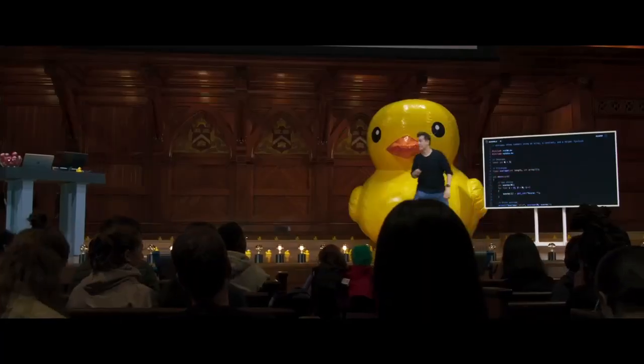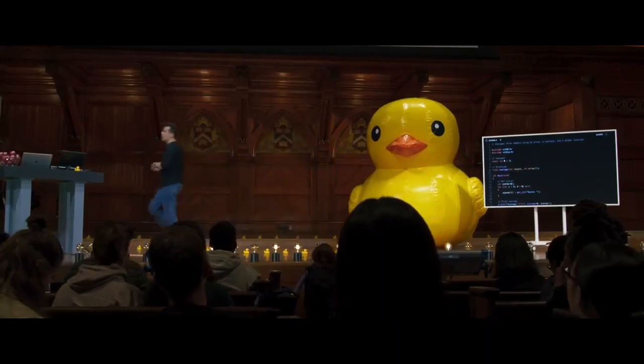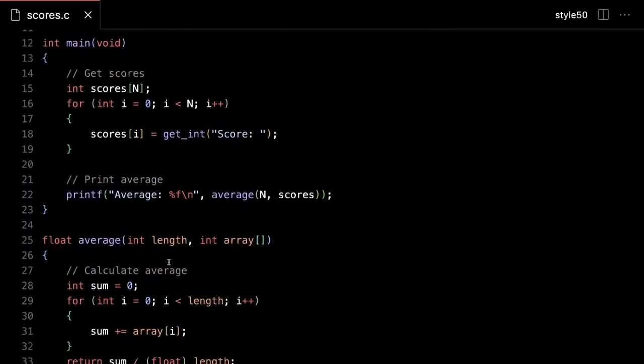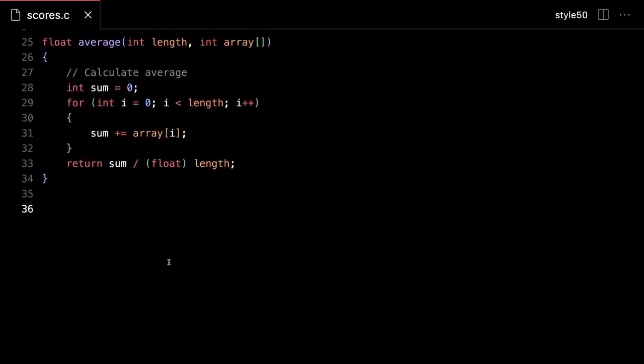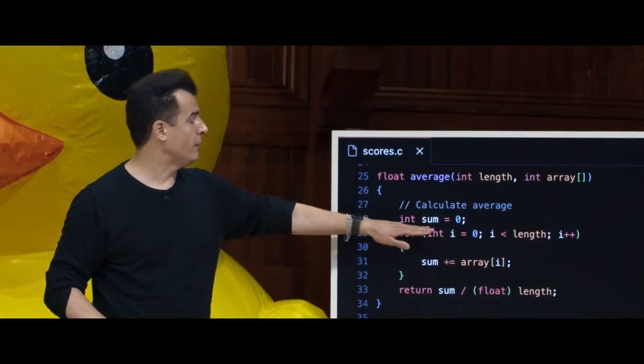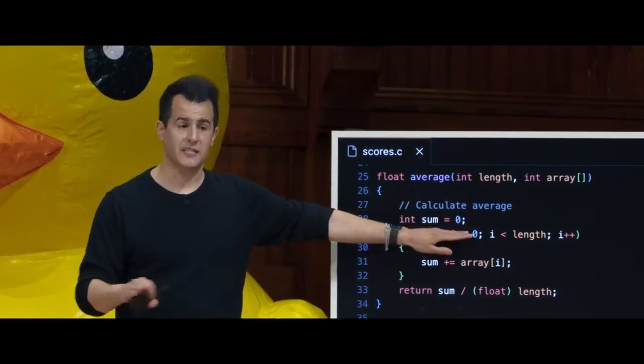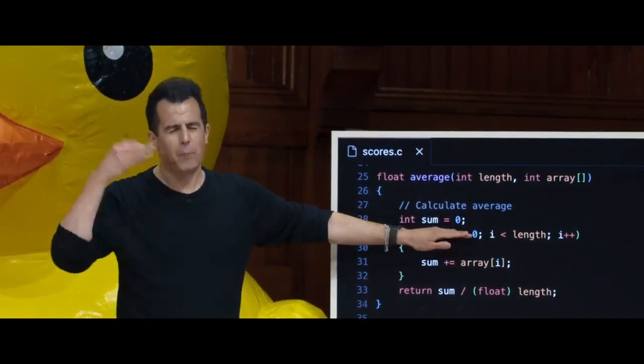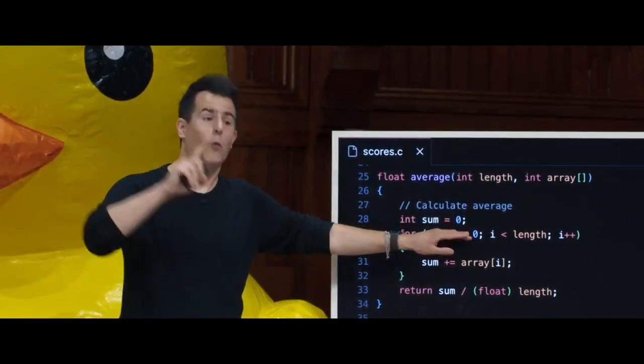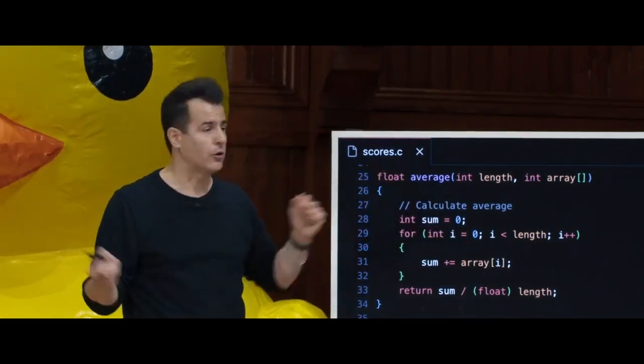So let me scroll down to the average function, because this is the takeaway from this final example. Let me scroll up to the average function, copy-pasted the prototype for the very first line. And here's how I'm computing the average. There are different ways of doing this, but here's kind of an accumulator way. On line 28, I'm declaring a variable inside of the average function called sum, and I'm just initializing it to 0. Why? Mentally, I want to add up all of the person's scores, and then I want to divide by the total, and that's my mathematical average.